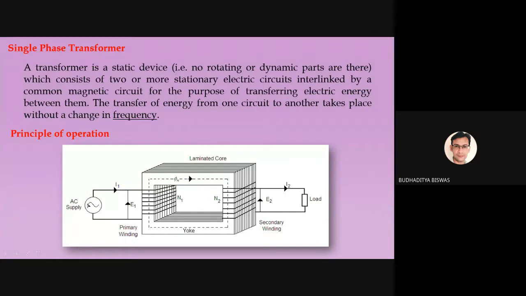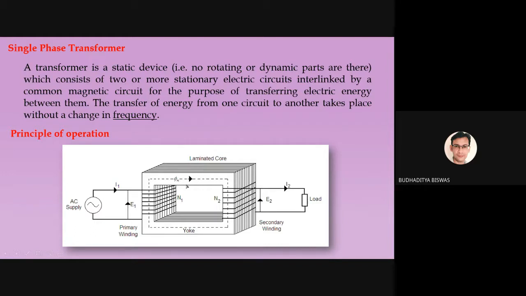Similarly, the AC supply voltage which you apply across the primary winding is called the primary supply voltage. And this is the core. But this core is not constructed just by taking a solid iron piece. To minimize the eddy current loss, which I will discuss later, this core is laminated. Now, what is called the lamination?